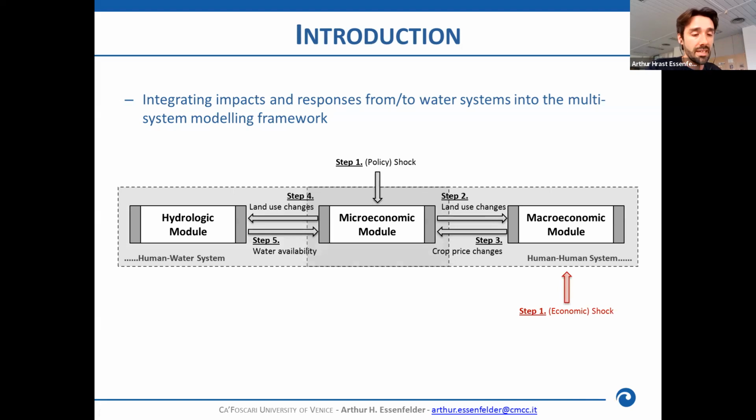Take a look, it is not only a policy shock that can be incorporated in such a framework. You could have some sort of macroeconomic shock, coming from an influence in the macroeconomy, that could also trigger change in the whole system that we're evaluating here. But also, something that we might be interested in for the project is taking a look at the climate scenario. For instance, a reduced amount of water availability for irrigation, whether due to changes in groundwater or to precipitation patterns, can also lead to some stress and lead to a different configuration of the system.